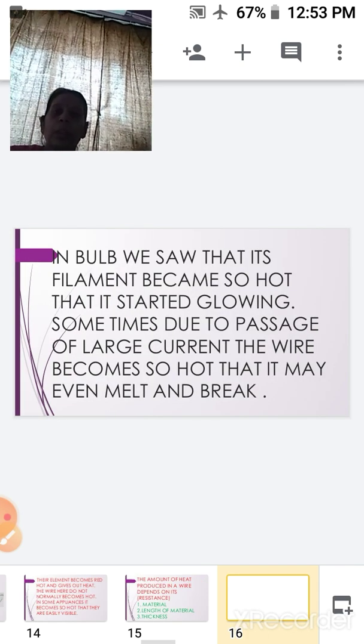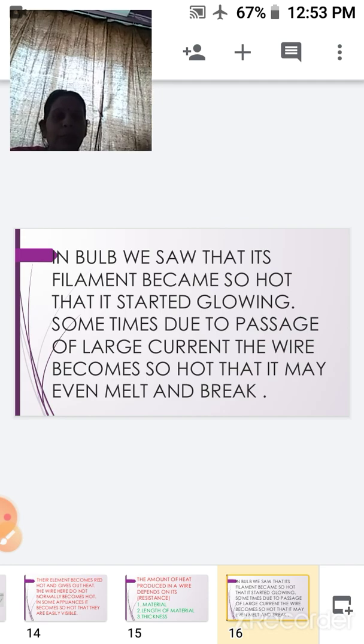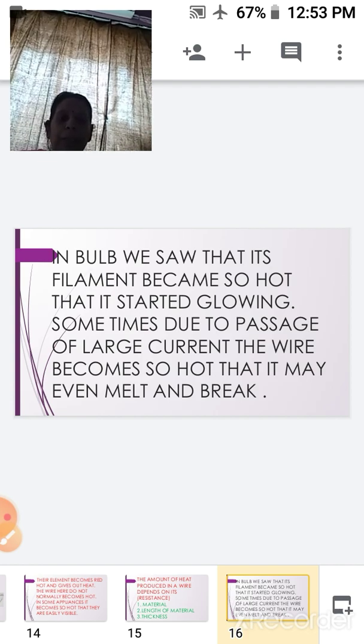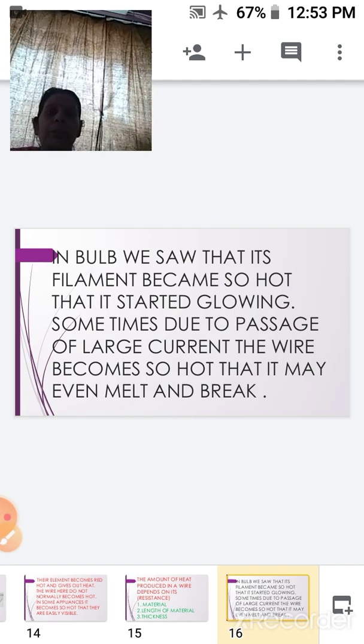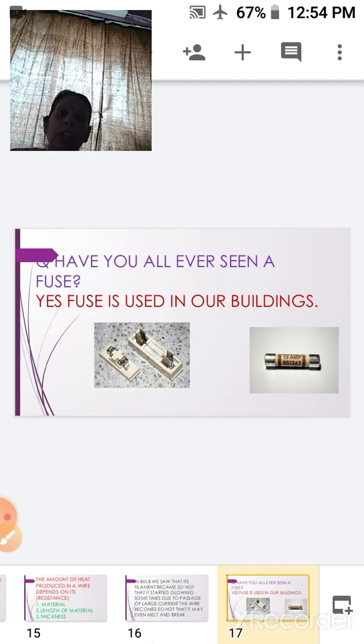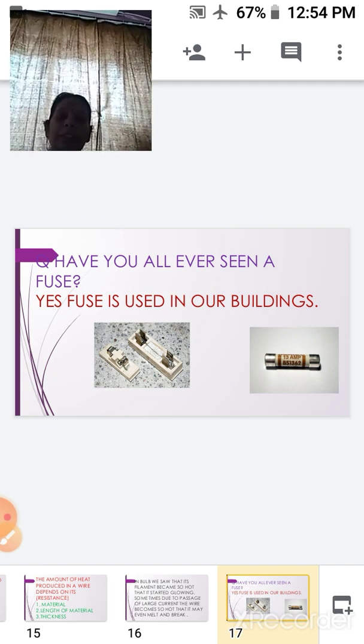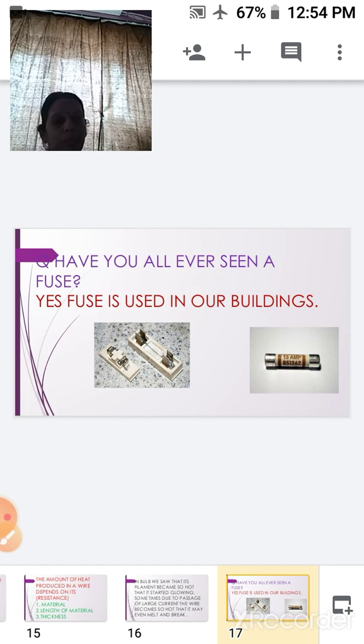Within a bulb, we saw that the filament became so hot that it started glowing, but sometimes, due to the passage of a large current, the wire becomes so hot that it may even melt and break. Now children, when it breaks, the circuit will be broken and become incomplete.